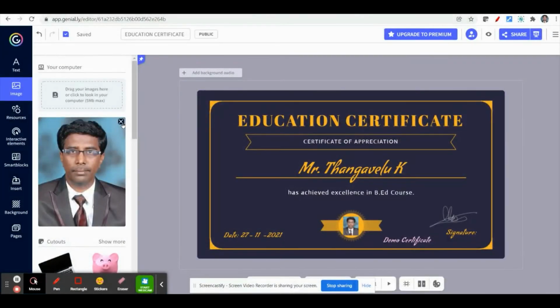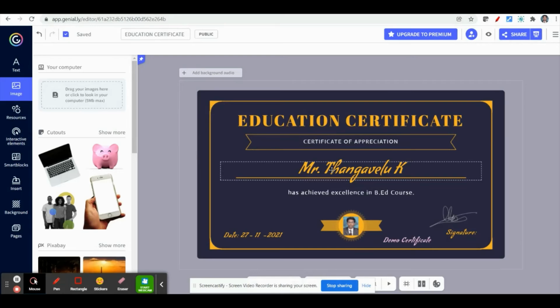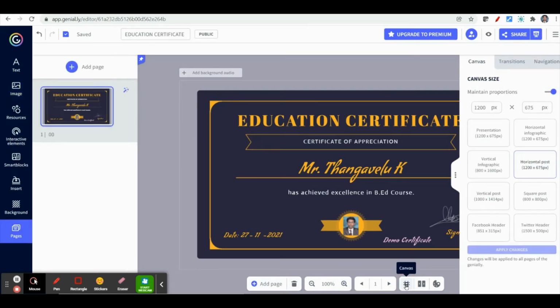Suppose you want to edit any more text or picture, you can go to this workplace option, and if you want to add any certificate page, you can also add it, or delete. And this is the percentage zoom in and zoom out option, and this is the canvas option. If you click, you can get the proportion canvas size.